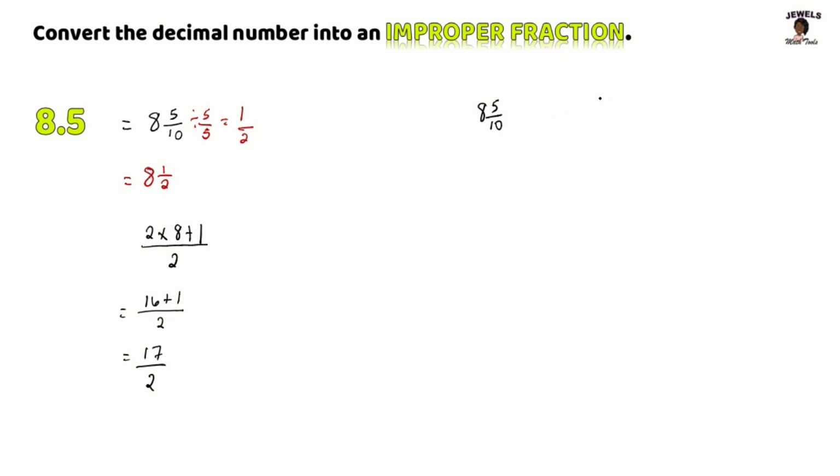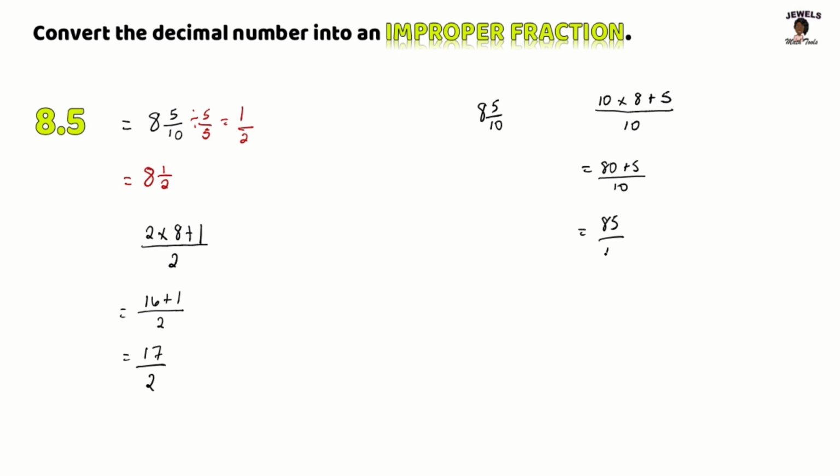So again, we're going to be multiplying our denominator times a whole number and adding their product to the numerator, and this will remain over the same denominator. So 8 times 10 is 80, and we're going to be adding our 80 to 5, which will equal